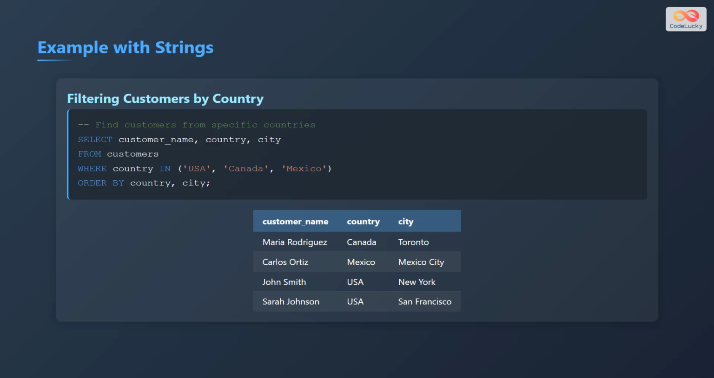Let's consider an example using strings. We want to find customers from specific countries. The SQL query would be: SELECT customer_name, country, city FROM customers WHERE country IN ('USA', 'Canada', 'Mexico') ORDER BY